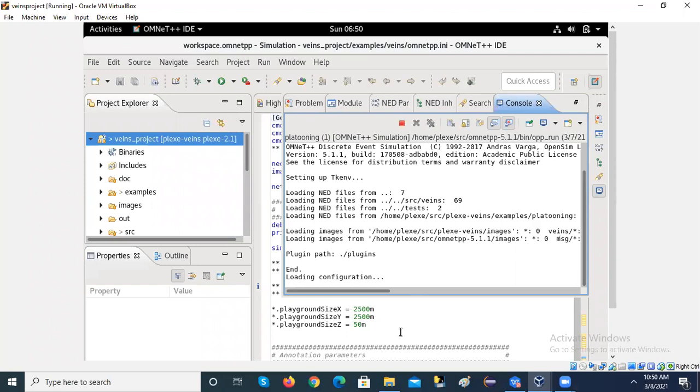Hello. Here we will discuss the Veins project. Veins is an open source framework for running vehicular network simulations. It is based on two well-established simulators, OMNeT++, an event-based network simulator, and SUMO, a road traffic simulator. It extends these to offer a comprehensive suite of models for IVC simulation.